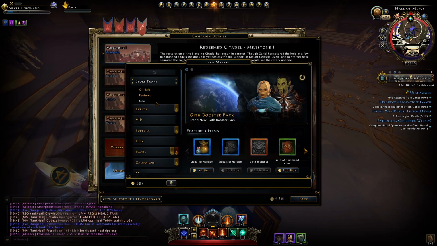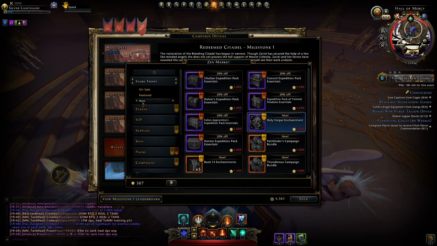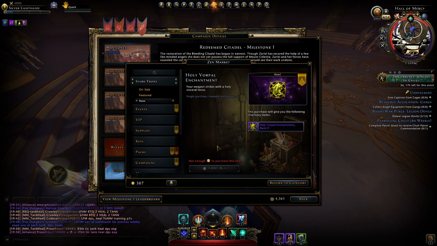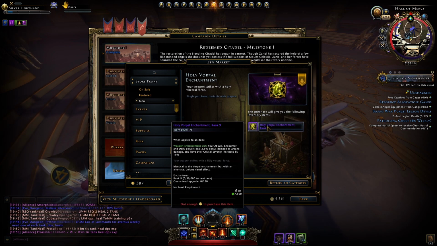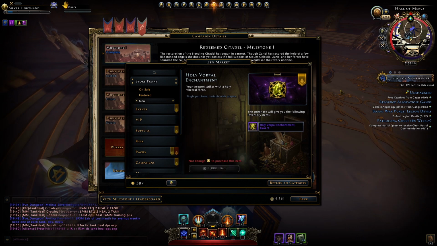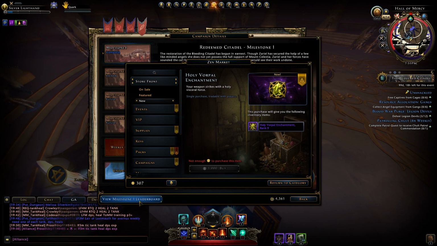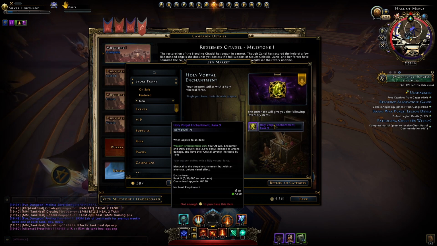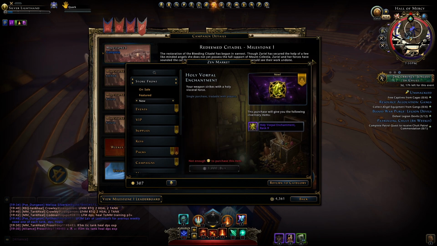Now, the only other thing that appeared with the completion of Milestone 1 is this Holy Vorpal enchantment in the Zen Store. For 1000 Zen, you can get a fancy Vorpal enchantment that looks different than the regular, and it's also different from the one that was won by the top 100 people in Milestone 1, which are ridiculous, by the way. I don't know what this looks like. I'm assuming it's more of like a gold version of Vorpal. But I'm not going to spend 1000 Zen to find out what it looks like, so I'm going to continue